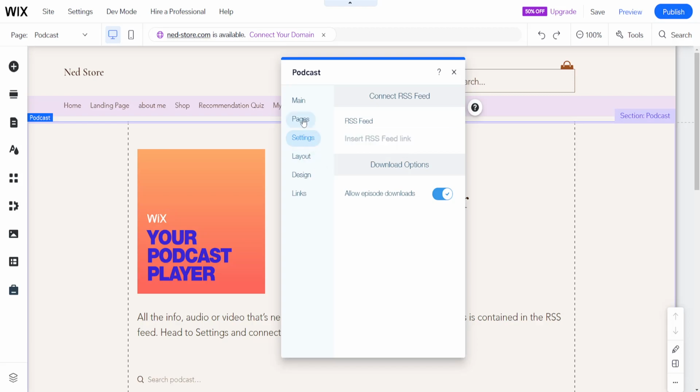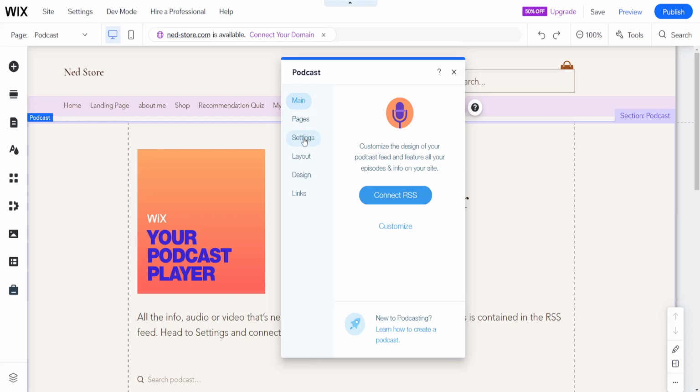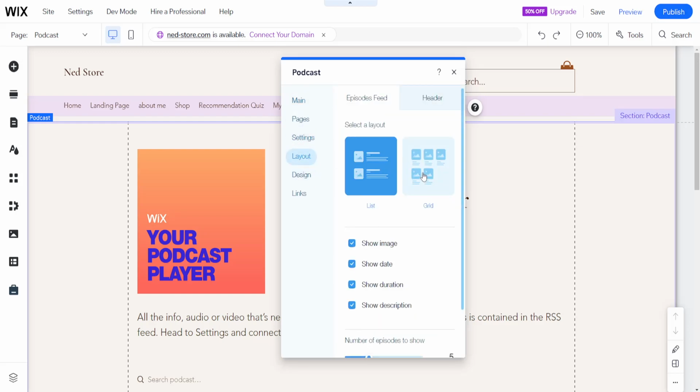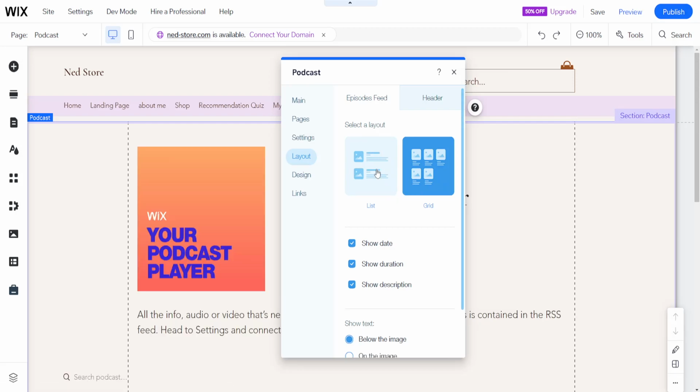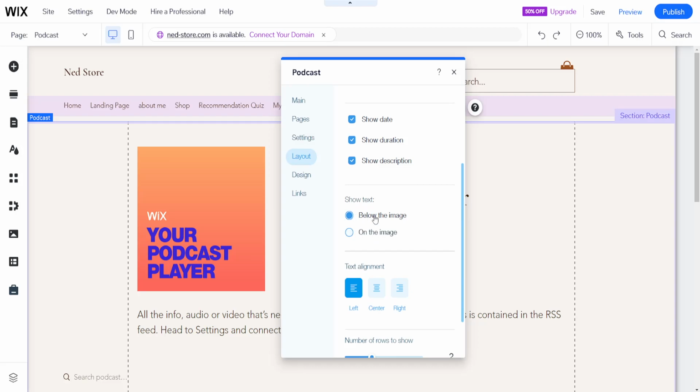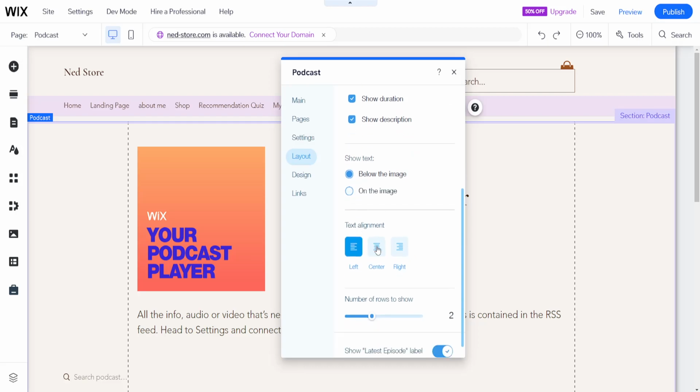Connect. Now you can also edit this, so we can do different podcast episodes main, and we also have the settings here, and we can change the layout of how our podcast looks. So as soon as we press on it, as you can see, it changes the layout, and we can enable or disable different options. So for example, duration, description, and where we show the text as well as the text